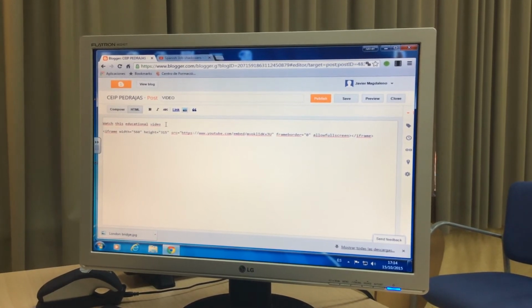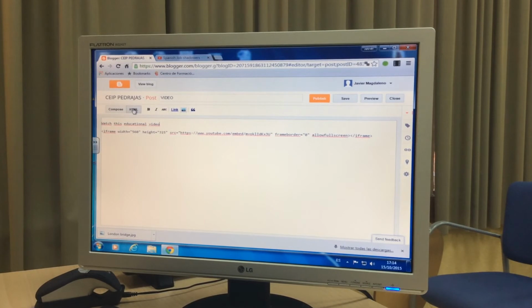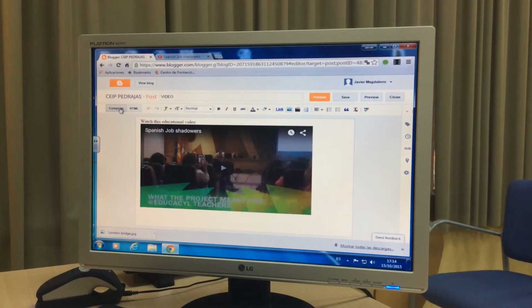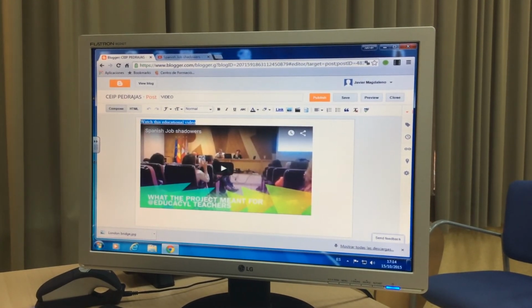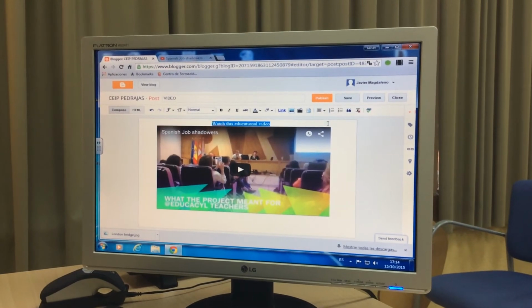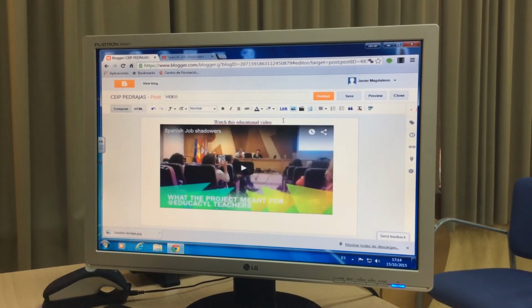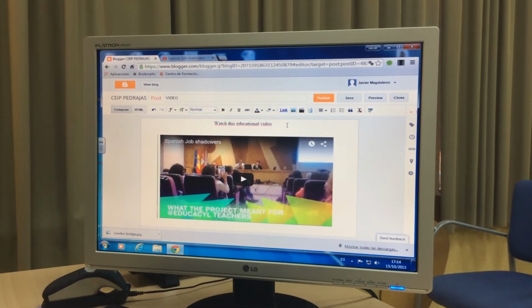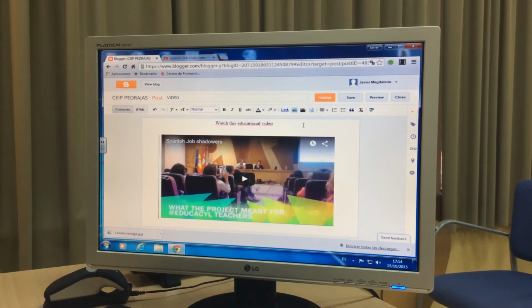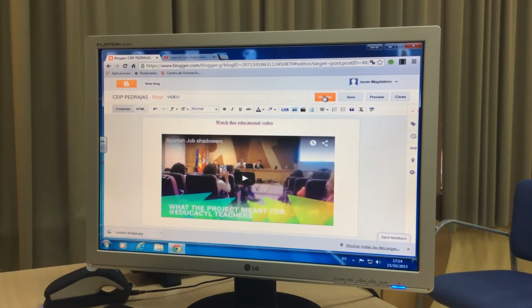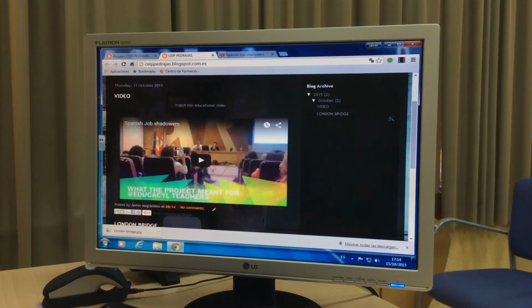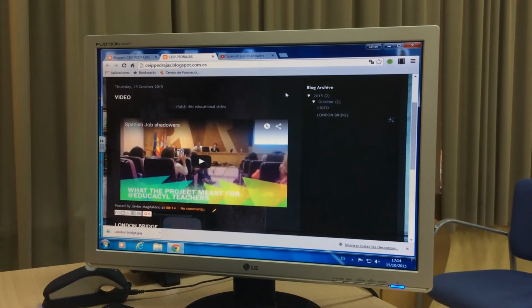Imagine, for example, that in this case, as you can see, we are in HTML. But if we want to do something, for example, to center this text, we have to go to compose. We go to compose, and as you can see, we can modify this. We can get it in the middle, for instance, and go down. As you can see, the video is already inserted. But if I want to see it as if it was somebody from the outside, I have to publish. I click in publish, and I view the blog. Let's see how it works. Oh, fine. Watch this educational video, Spanish job shadowers, and as you can see, we have inserted a video